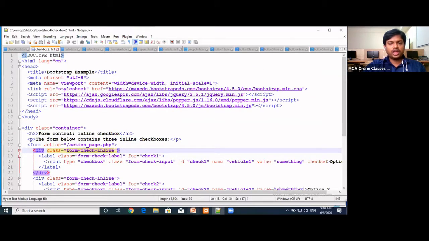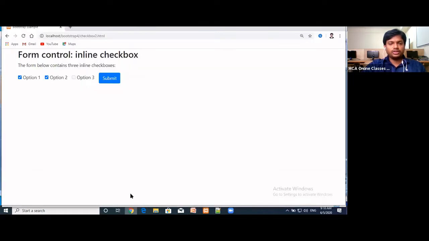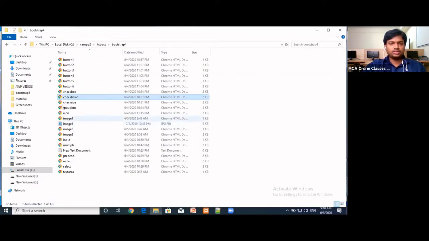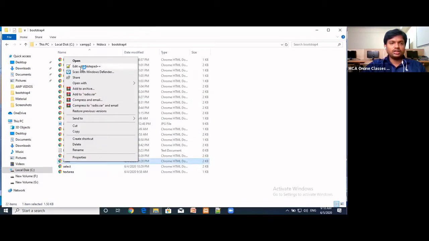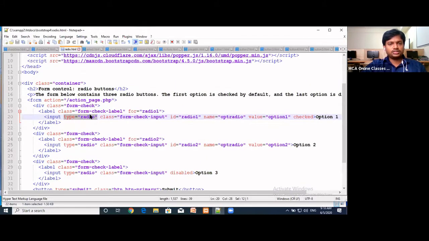Next we have the radio button. All of you know that. Radio buttons are used in objective type questions. Whenever our web page contains some questions or we need to take input from the user in the form of objective type, in those cases we can use radio buttons.